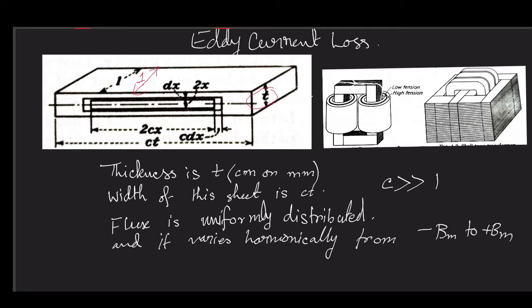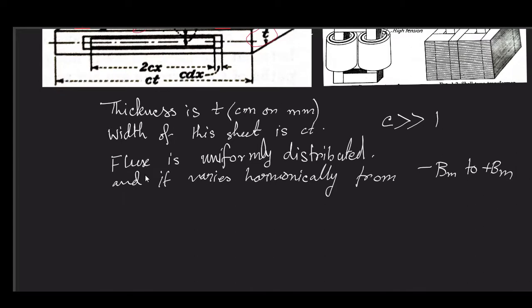We are considering a three-dimensional segment, this one lamination of this core, and structure-wise we are trying to consider a case where it is like